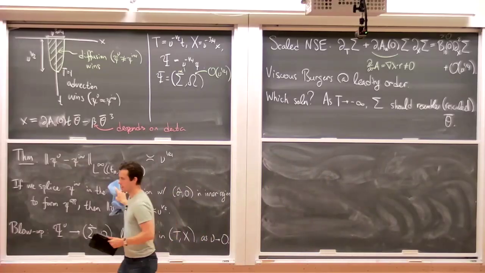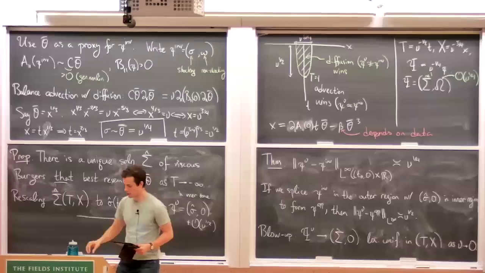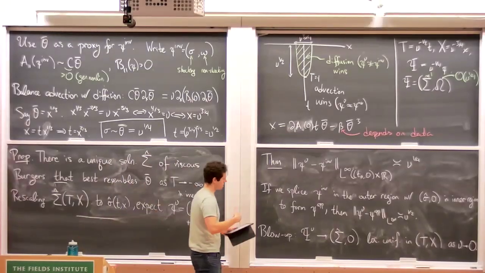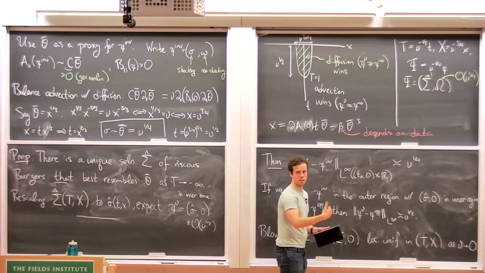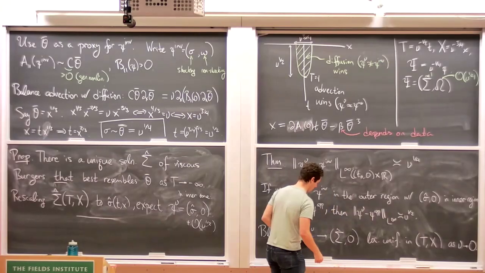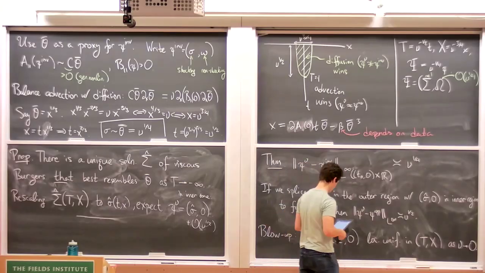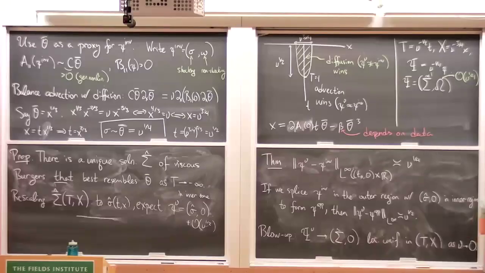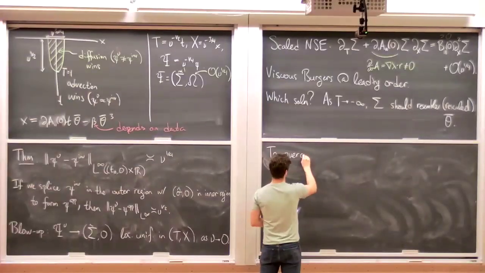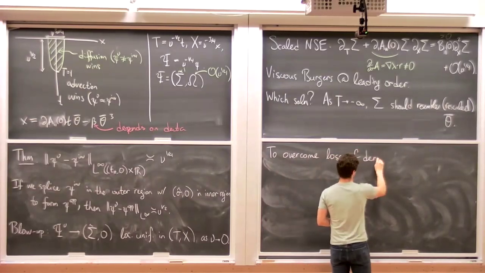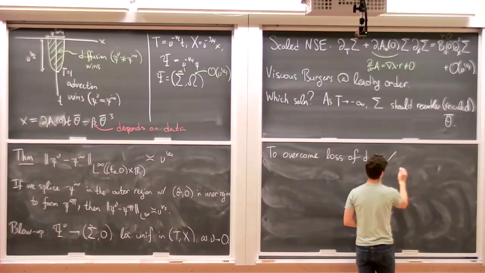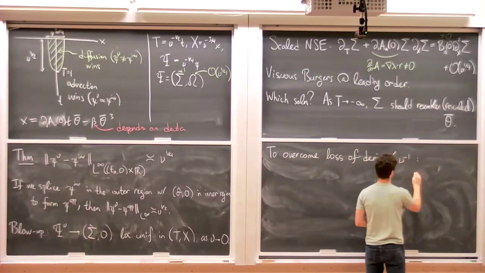So to get this theorem, we're basically going to expand the solution to many degrees of accuracy further than seem necessary for these statements, but then we're going to lose a bunch of factors of nu in our analysis, and at the end it's going to still give us the result we want. So to overcome a loss of derivatives, which is the same as the loss of powers of nu to the -1,